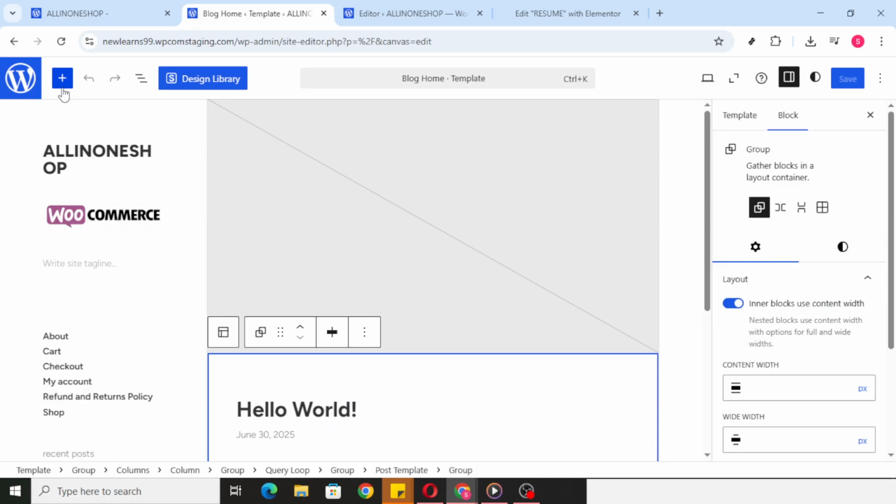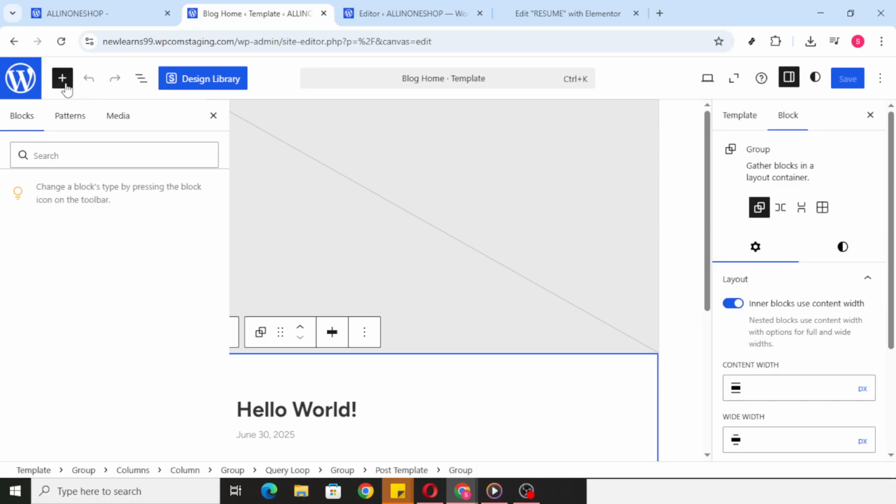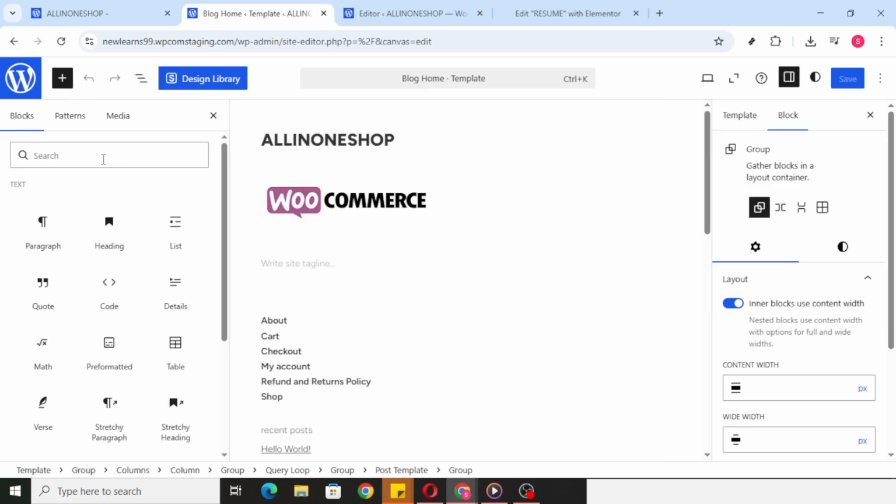With your cursor in place, click the plus icon. This opens the block inserter, which is where you add new layout elements. In the search field, type columns. Select the columns block. Columns are the foundation of a multi-column drop-down because they let you split content into side-by-side